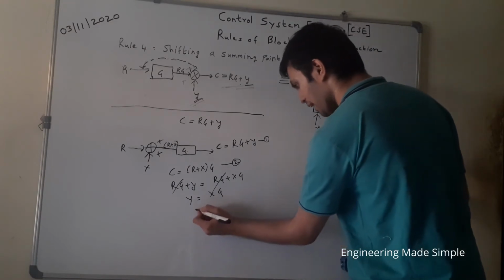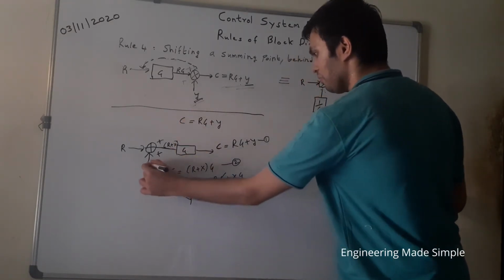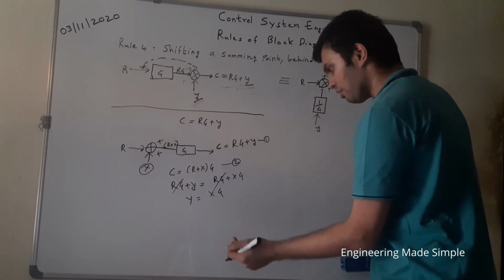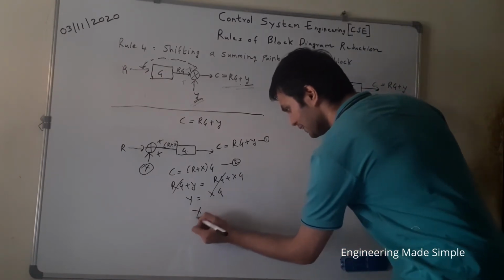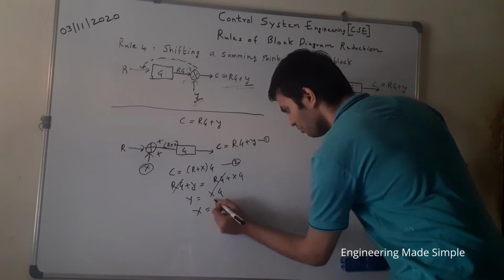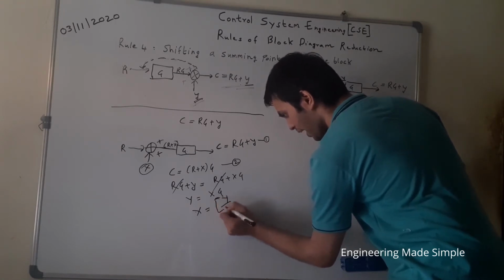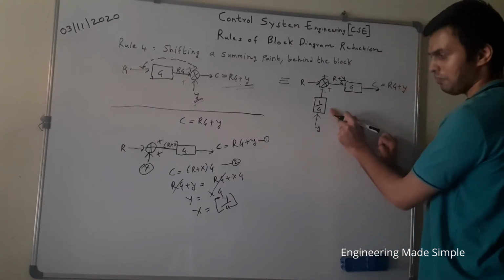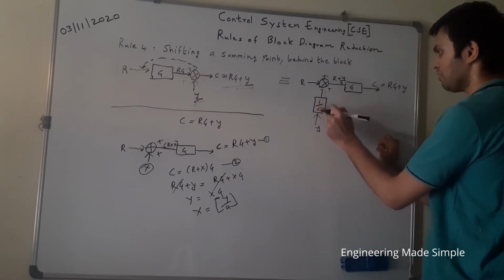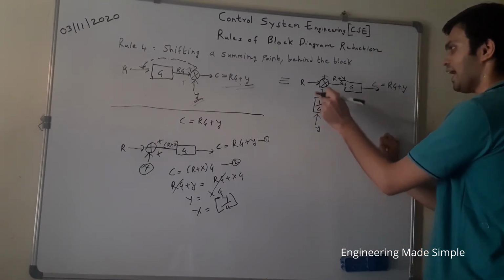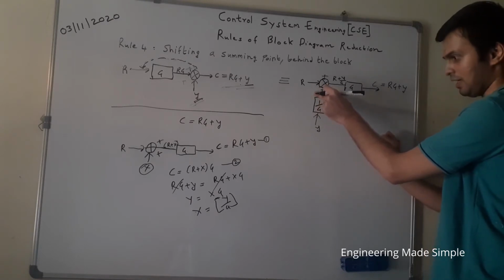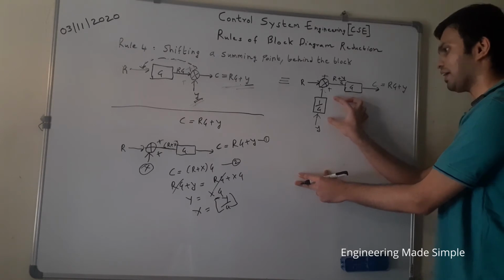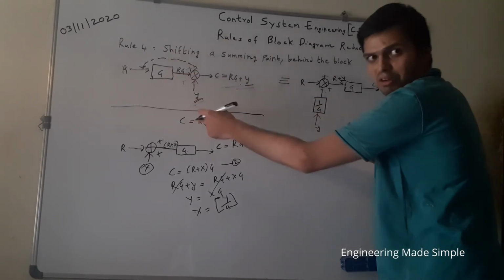We are interested in computing the value of X because we want this multiplication factor. So how will you get that X? X is nothing but Y by G. And how will you represent Y by G in the equivalent circuit diagram? This Y is multiplied over here. So when this goes at the top, it would be Y by G and this would be added at the summing junction. This is how we get the equivalent multiplication factor when we do certain modifications over here.